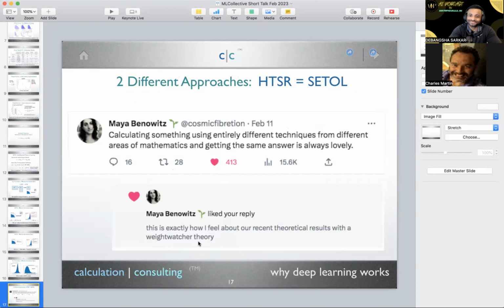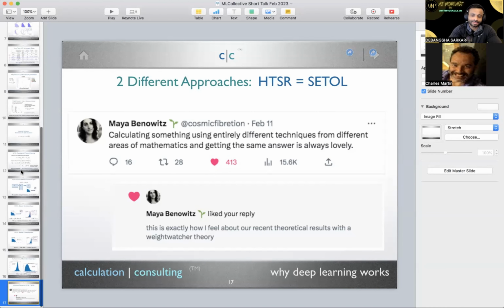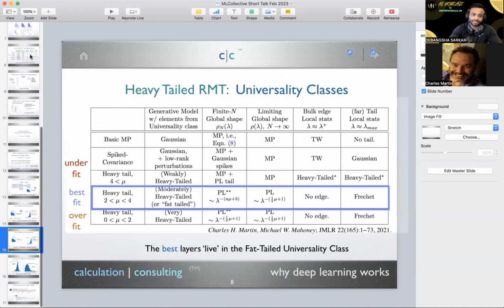So the idea is that there is something special about alpha equals 2. When you have a weight matrix and you have alpha equals 2, there's something very special. I think that this is sort of this critical exponent, where the layer is perfectly trained. It's on the edge of order and chaos, on this edge right here where there's this special universality class. We didn't talk about it in the paper, but it is there at 2, between the fat-tailed and the very heavy-tailed random matrix. It's right between where you're very well trained and where you're overfit.